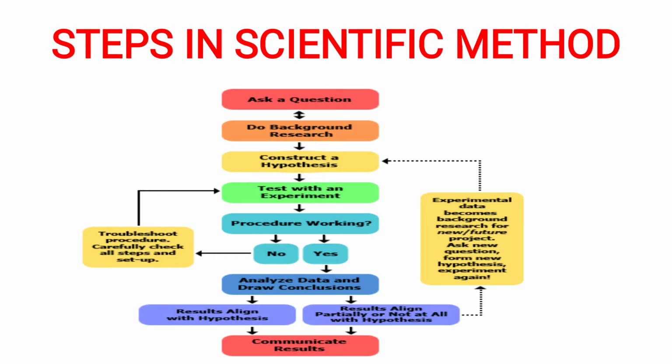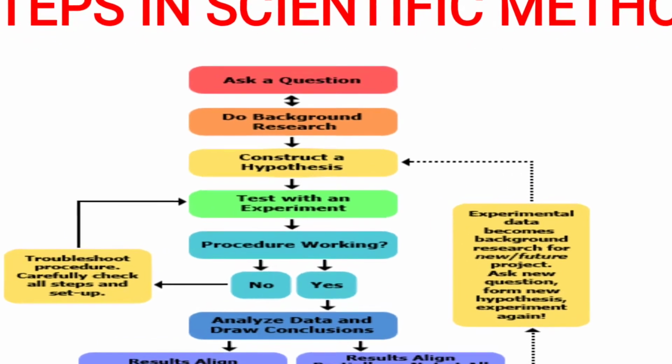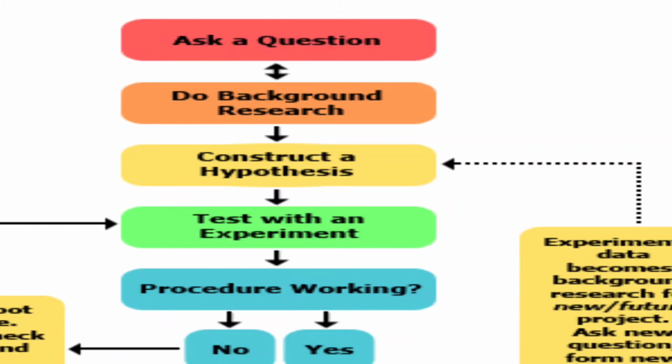Next, moving on to steps in scientific method. First, what you have to do is ask a question. The question is nothing but the statement of the problem, identifying the problem. Next, do background research, that is, the background for the study, need for the study. Review of literature is nothing but background research. So you have to collect all related information with regard to that particular problem.